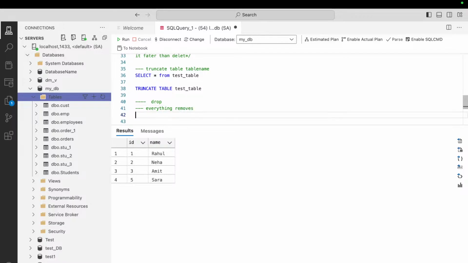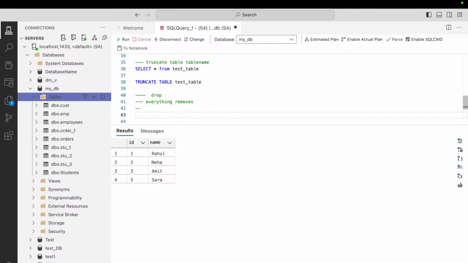Okay, so in this case we use our drop. So what is the syntax, how to use the drop command actually? It's very simple, like this: drop table and table name, just like truncate. But it's not going to retain your table structure or constraints or indexes or anything, and it's just going to drop those particular things in a fast way, and it is